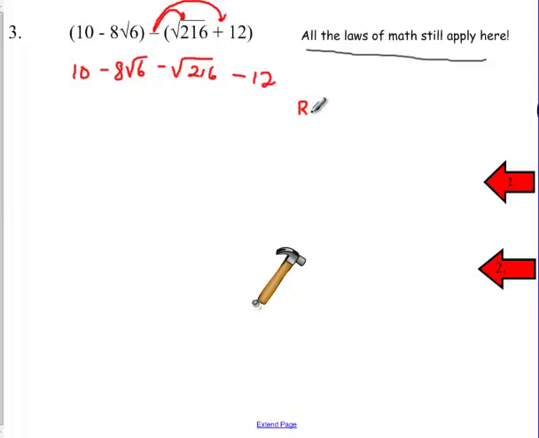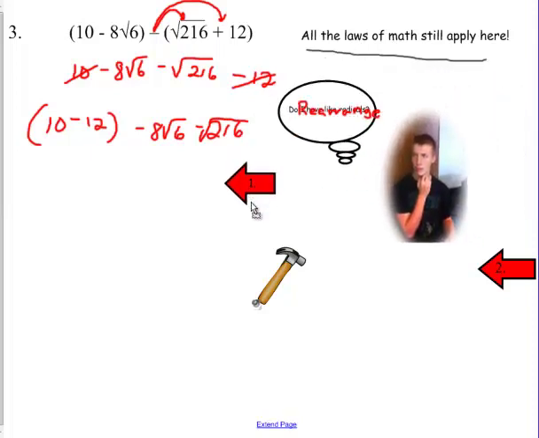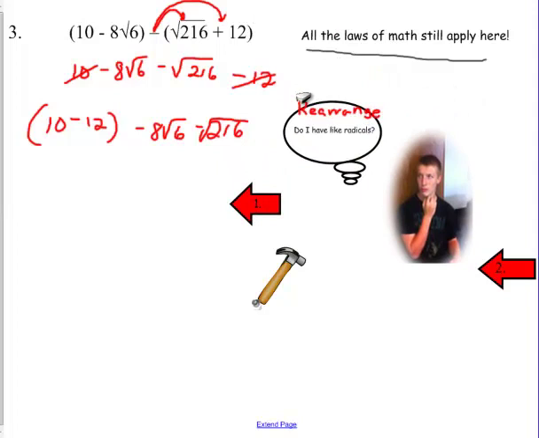Now I'm going to rearrange and put my like terms together. So that means 10 and minus 12 are like terms. And, well, minus 8 radical 6, minus radical 216. What did Jack ask? Do I have like radicals? No, I don't have like radicals. So if I don't have like radicals, I gotta